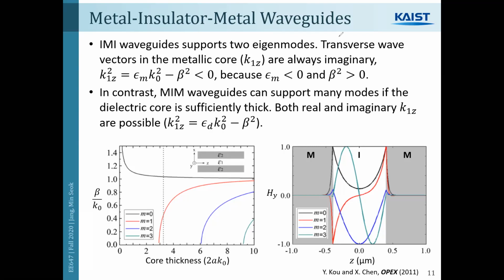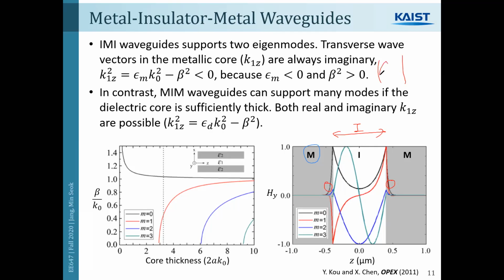Here, the difference is that now the metal permittivity is not infinity, so you have field penetration allowed inside the metal. In the PEC waveguide, this was not allowed. The metal-insulator-metal waveguide behaves similarly to the PEC waveguide when the thickness of the dielectric is large. When the thickness of the dielectric is large enough, it supports